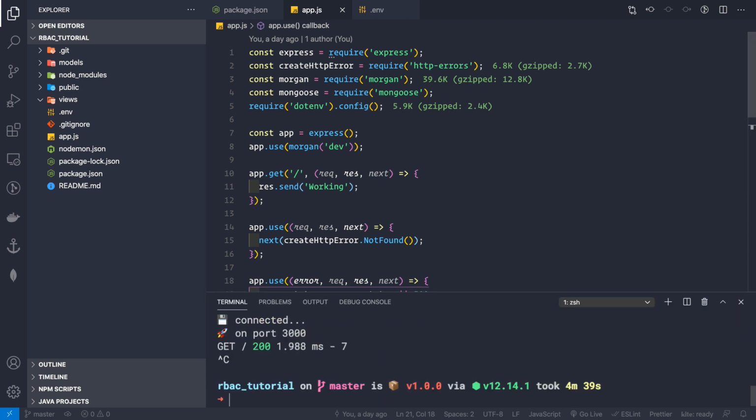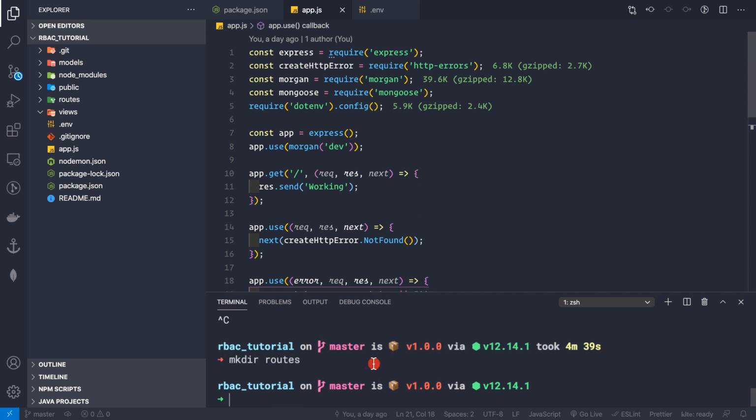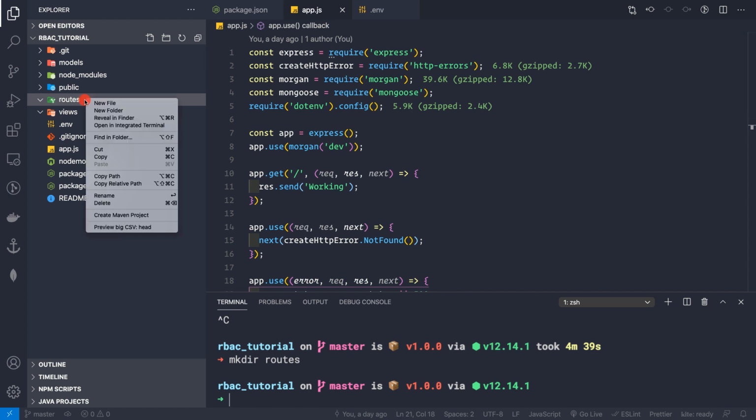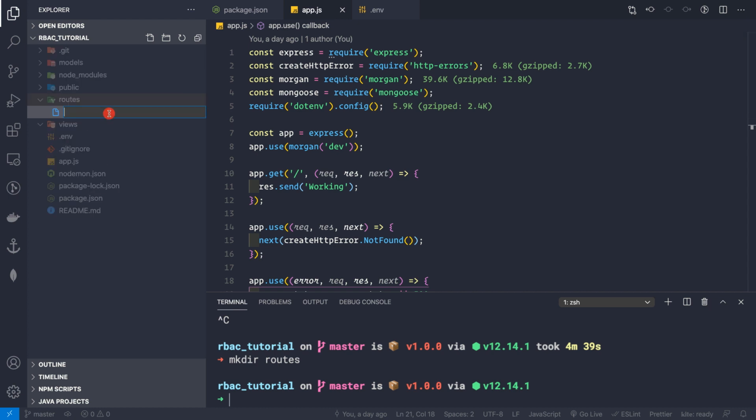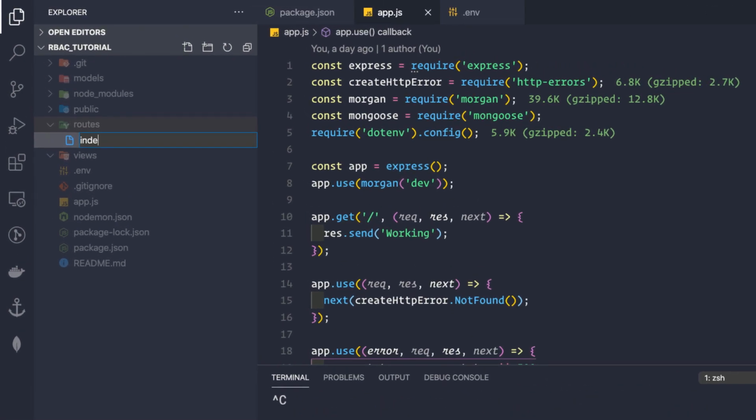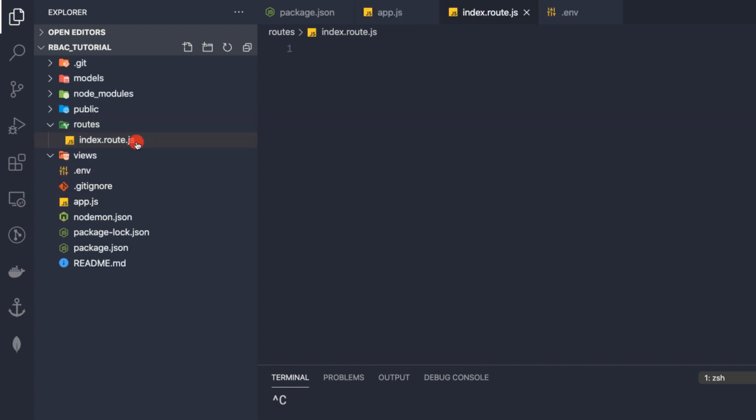So let's press Ctrl C and let's create a new folder here, that is routes, like this. And now we have a routes folder here, and inside the routes folder I will create a couple of files. So new file, and the first route would be the index route, that is the / route. So index.route.js.